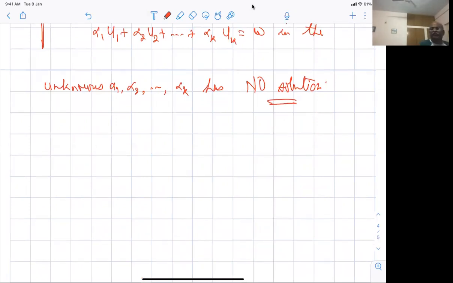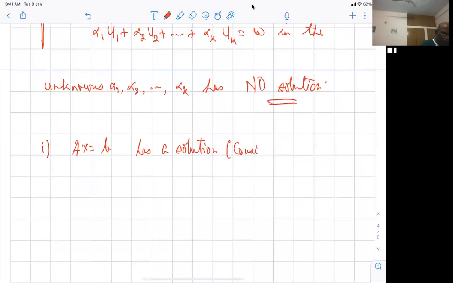So my examples in the notes are going to be slightly different than this, but I would like you to keep track of this. The important thing that I would like to say is that Ax is equal to B has a solution, which means one solution, unique or infinite, has a solution or consistent, implies B belongs to the linear span of columns of A, which is nothing but the column space of A.